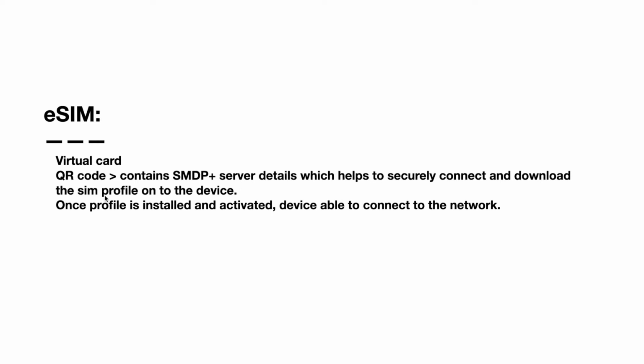Each SIM profile will have a lot of attributes inside, like the IMSI and the ICCID of the SIM card. IMSI is the international mobile subscriber identity. ICCID is an identifier by which any SIM can be identified internationally. There is also a set of security algorithms which the operator wants to use during the transmission over the air from the network to the eSIM. All these combined are called the SIM profile.